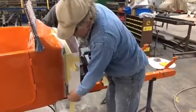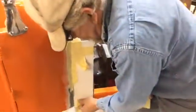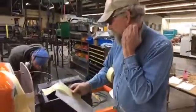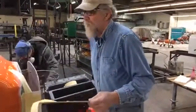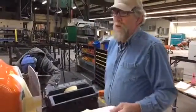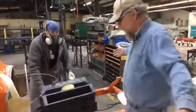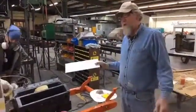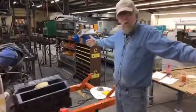My bad, I shouldn't have put the putty on there. It's going to be stuck on the frame, but we can pry that loose. The white stuff they're using is fiberglass. This is a fiberglass sheet. We have a big table, and I used Formica, or whatever brand, Formica's a brand, but a countertop laminate, and I put it on a plywood, and what we can do is wax that big 4x8 table, and we use it for other things too. Then we gel coat the top of that after it's been waxed, and then we chop it, roll it out, and then we can pull it off, and we have a big 4x8 sheet of flat